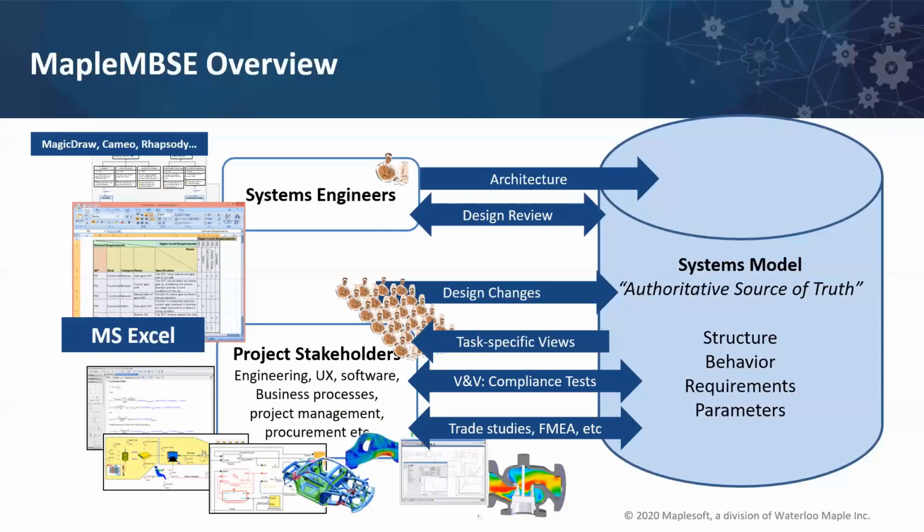And this information is bidirectional: any changes made to the system model are easily reflected to the project stakeholders, so they are always interacting with the most recent information, and vice versa. When the project stakeholders make a decision and save their changes to the system model, the system engineer can now access the same model using a modeling tool like Cameo, Rhapsody, or MagicDraw, etc.